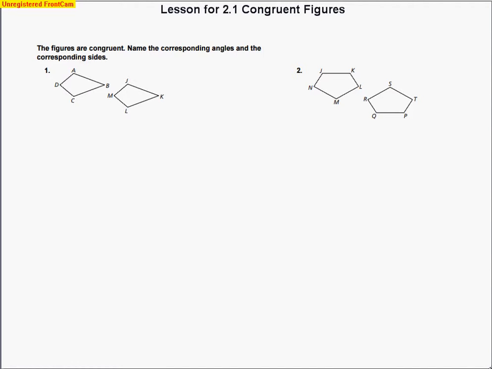This is the lesson for Chapter 2, Section 1, Congruent Figures. And the first set of directions asks us to name the corresponding angles and the corresponding sides. Now, it says that the figures are congruent. So let's real quick talk about what that word represents. And so when we talk about the word congruent, we mean the same size